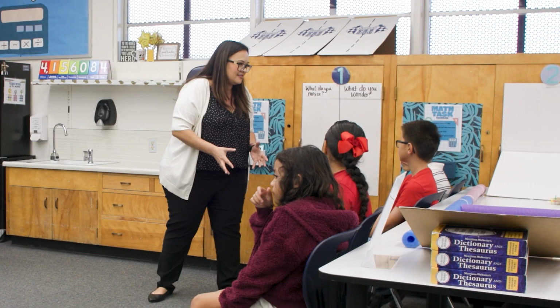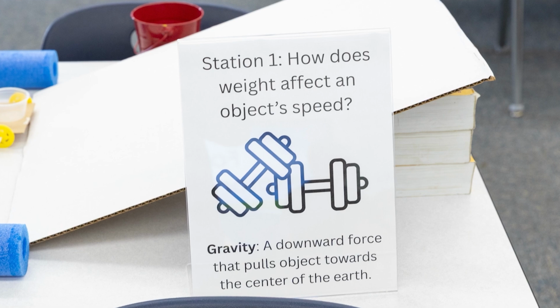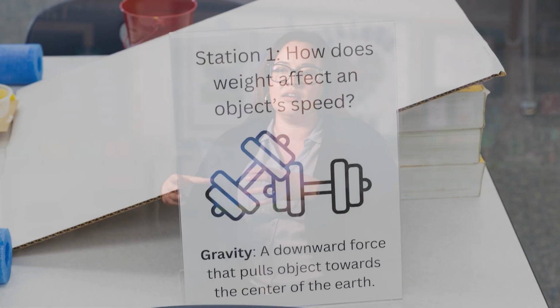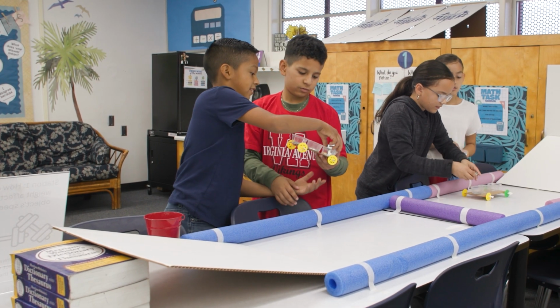Anadina reflects after class. One station was exploring weights on a vehicle, how weight would affect an object's speed when traveling down a ramp. 2 pairs of children are at Station 1. The station has been set up with makeshift ramps and bumpers made of foam pool noodles. The children are rolling their small makeshift vehicles down the ramps and observing how adjusting the weight of the vehicle